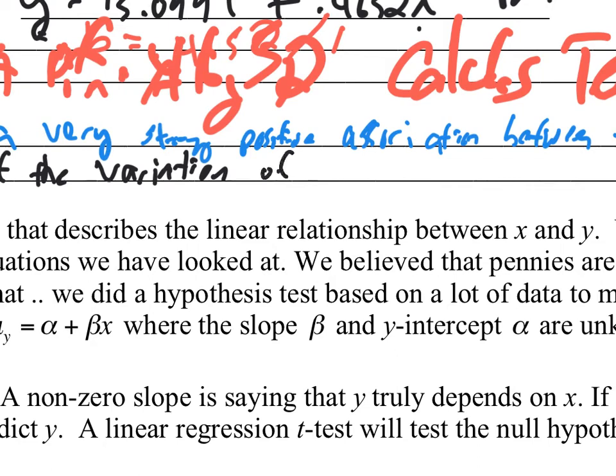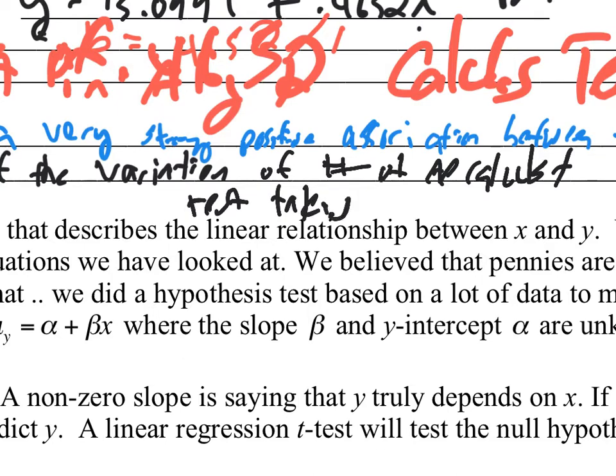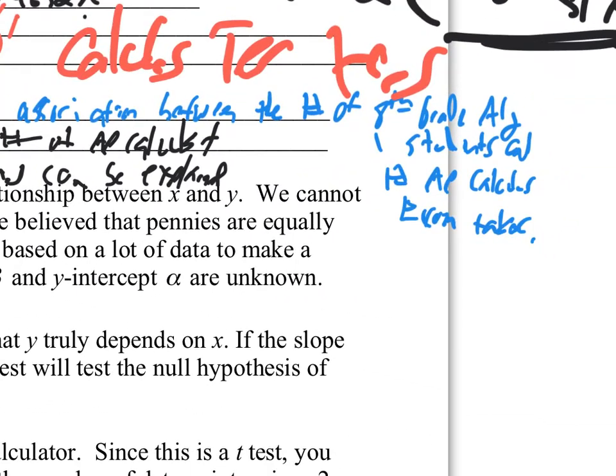The variation of the y values, which is the variation of the number of AP calculus test takers, can be explained by what? By the graph. Nope. By the x values, which is by the number of eighth grade